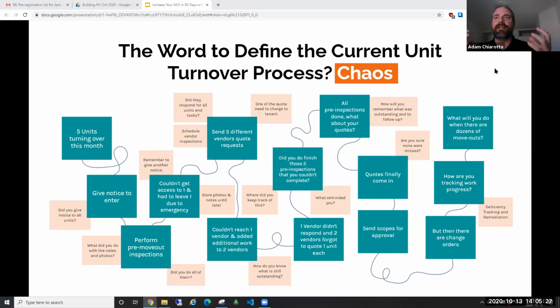And I always like to use this juggling analogy. If I need to manage one unit turnover, okay, I may have 1 or 2 balls in the air. I've got to make sure, did I inspect the unit? Yes, I did. Did I contact my contractors? Great. Is everybody in agreement on what the scope is? Awesome. And I can kind of deal with that.